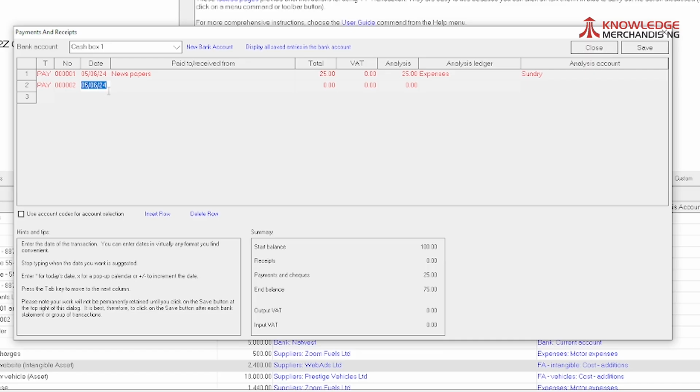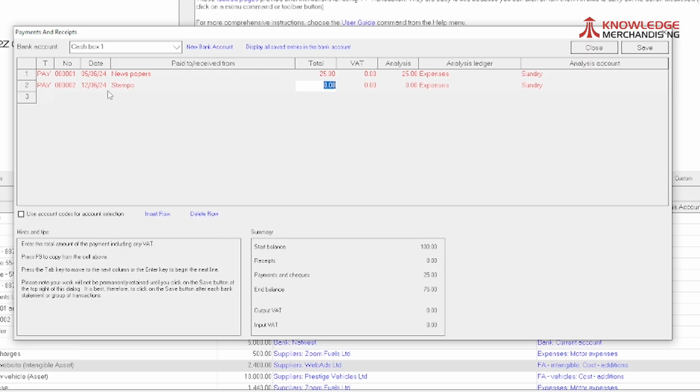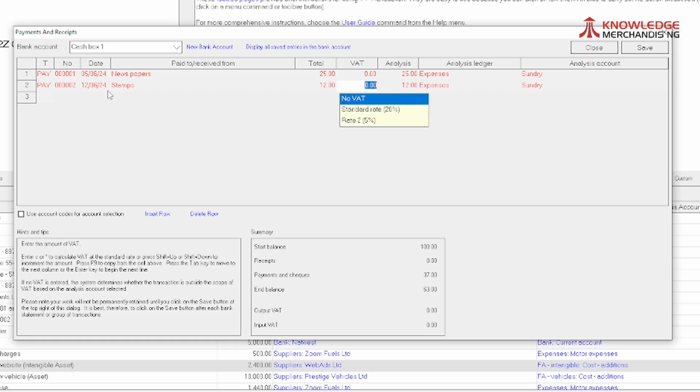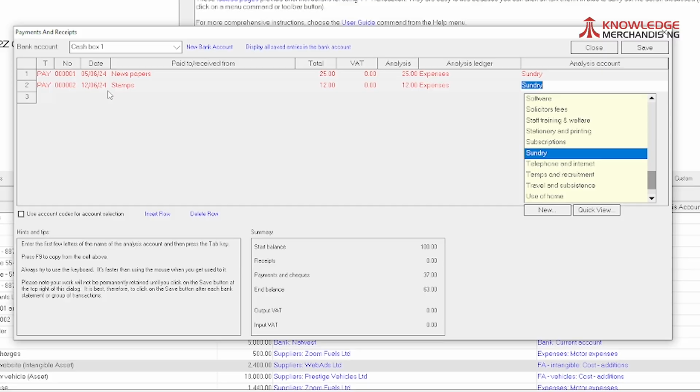Next one, pay. The voucher number is 2, stamps. Date is 12th of June 2024. Stamps, and the amount is £12.00, no VAT, expenses, and this is stationery